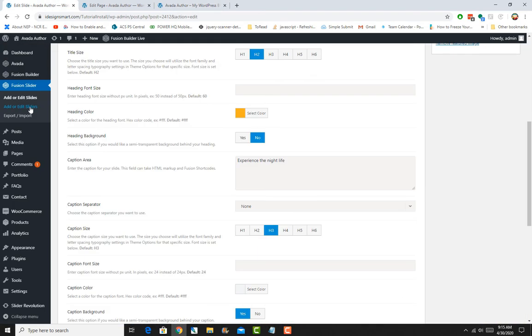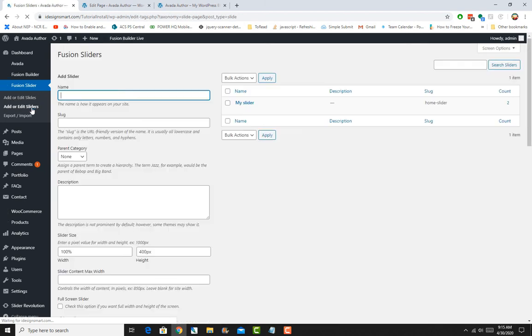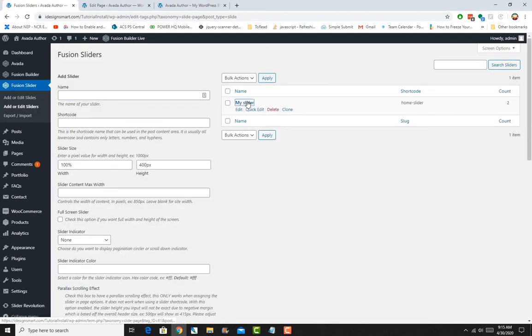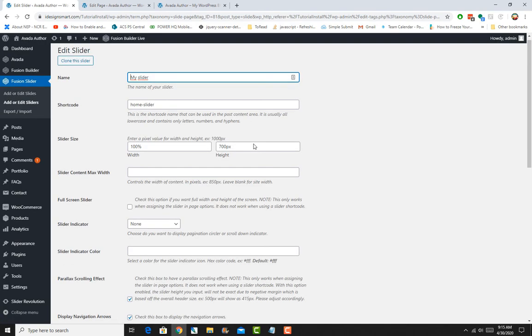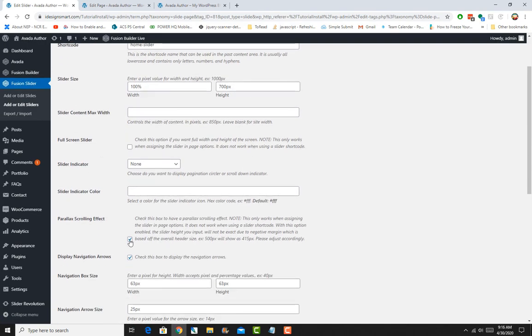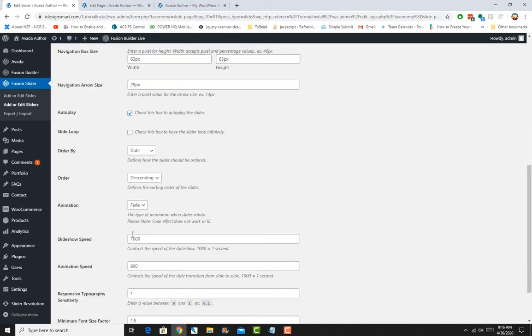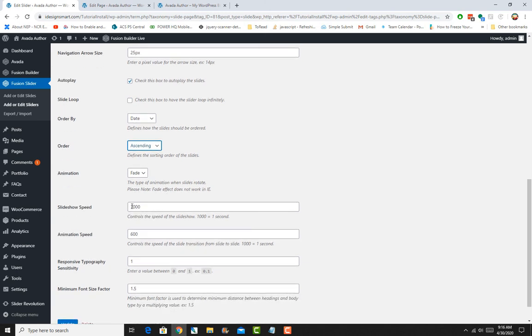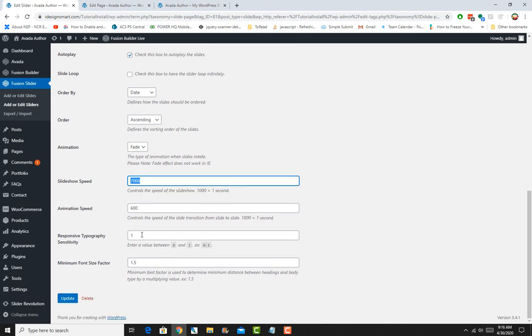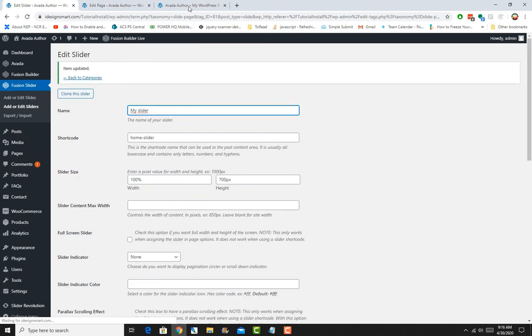So if you go back and add or edit sliders, we'll click on my slider, you will see the parallax effect is selected, and you will also see that the order is descending. If I change that to ascending and change the time for the slideshow over here, if you'd like to change that, 1000 equals 1 second, so this is in milliseconds. So you can change all that. You can change the animation speed, responsive typography settings as well. So we just updated it